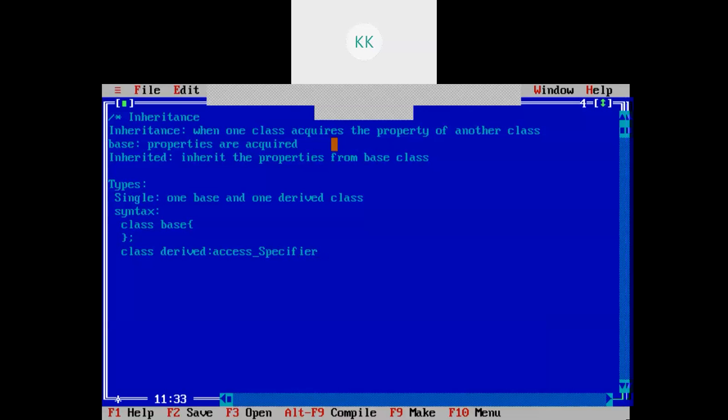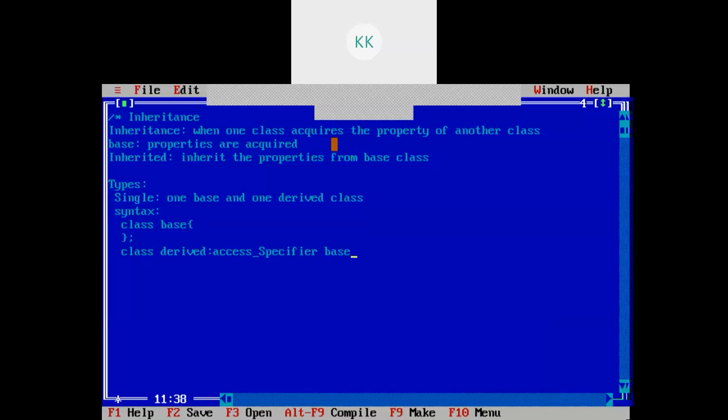Here it is also called visibility modes. So access specifier or visibility mode will be public, private or protected, right? So that you need to specify.